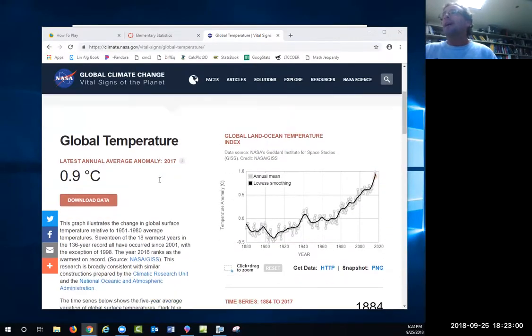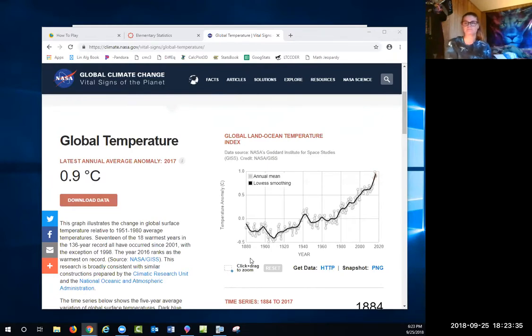Okay, so over the last 3 years, you will notice these 3 years, 2015, 16, 17, 18 is not done yet, so we don't have data for that, are actually the highest 3 years since records were taken in 1880. So could that just be a random event? Maybe we're just getting kind of unluckily warm. Do you think that's true?